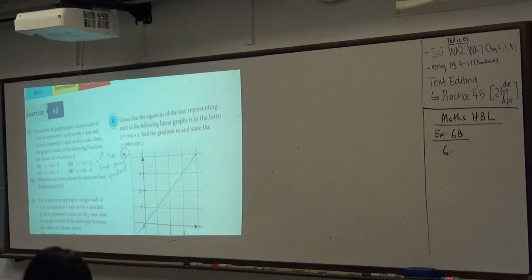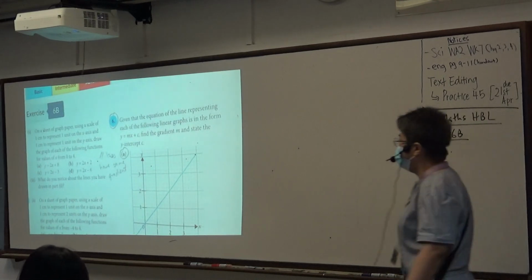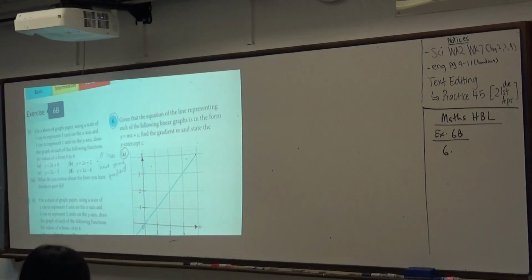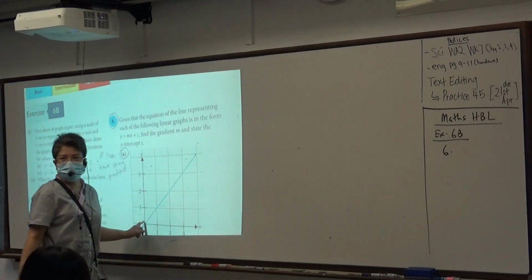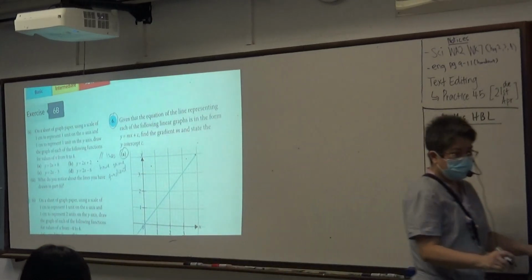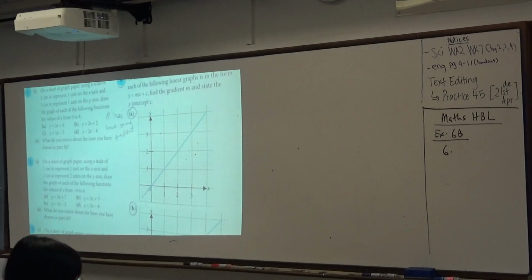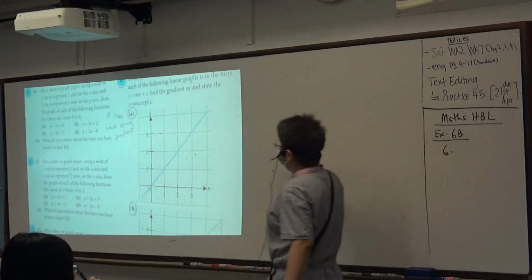Okay, all of you look at part A. The question says, given that the equation of the line representing each of the following graphs is in the form y equals mx plus c, find the gradient m and state the y-intercept c. Let's all look at this particular question. For gradient, everybody